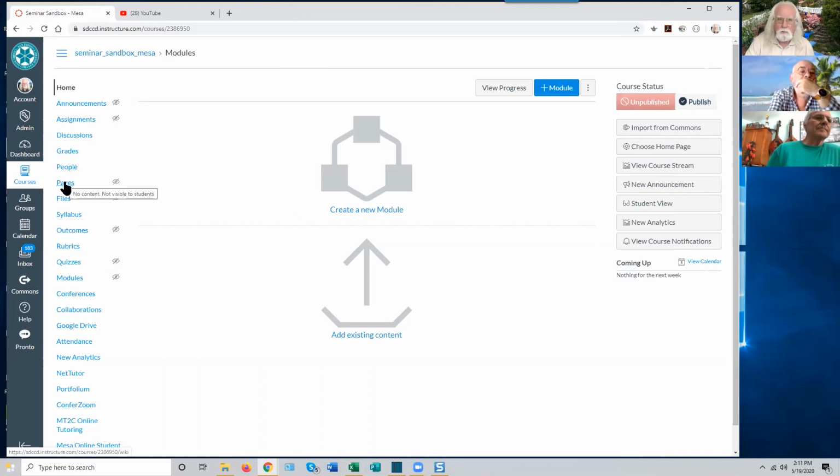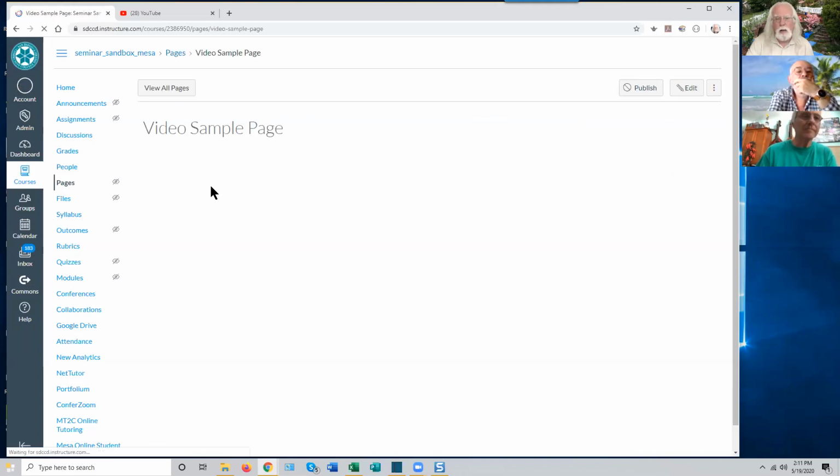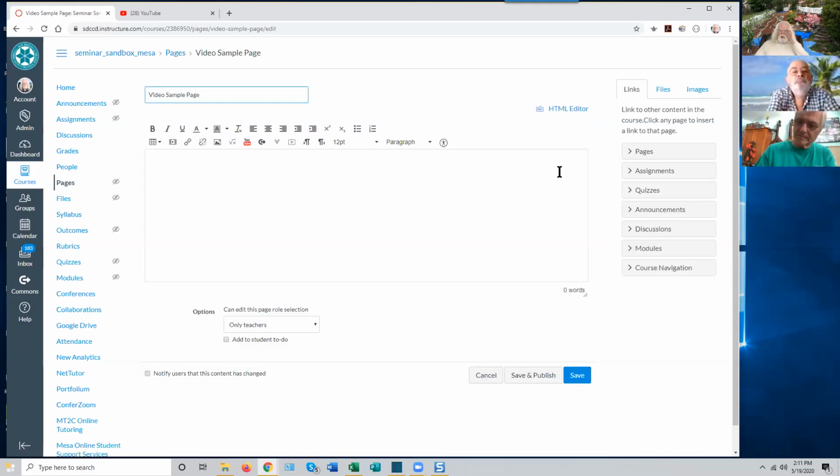The Canvas page is basically a web page that you create on Canvas using the Canvas Rich Content Editor. I click my Pages tool and click, well, I could add a page here, but I've already created a sample page for us to use today in this shell. So I'll just click on that page to access it. Right now it's nothing but a title. And I can edit that page. And now I have access to the Canvas Rich Content Editor,